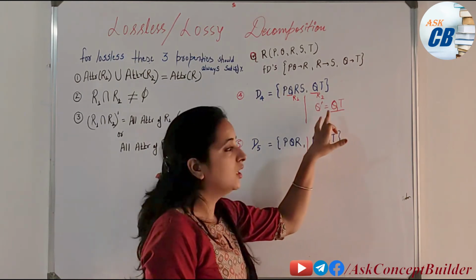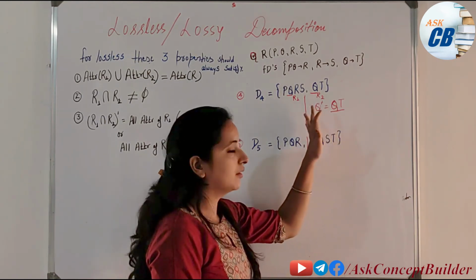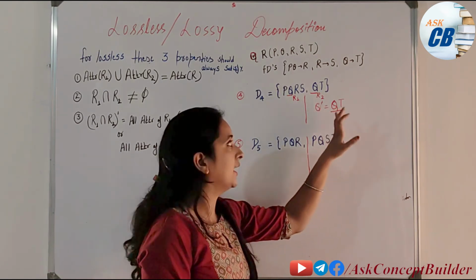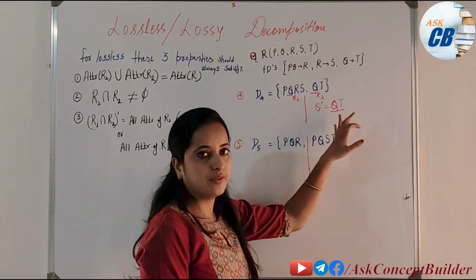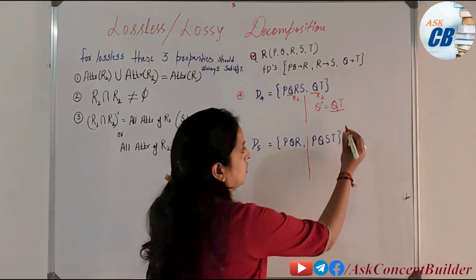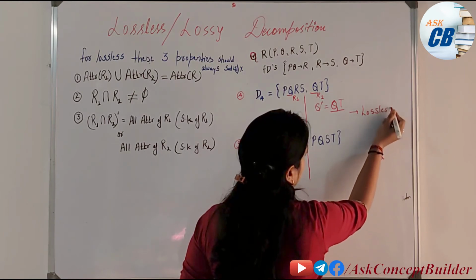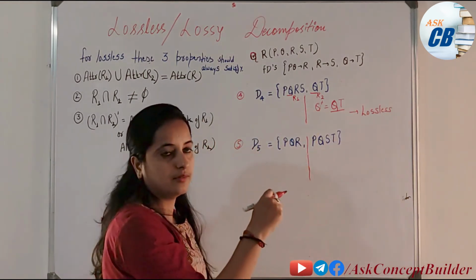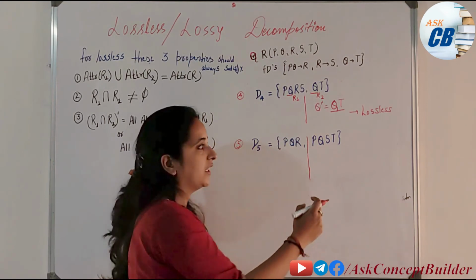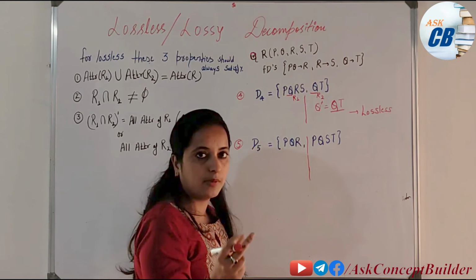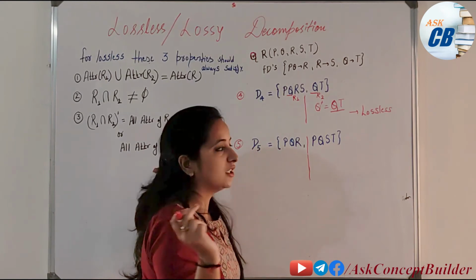of this relation R2. Now we have found that this common attribute is the super key for one of our relations, R2. Now we can say directly that this is our lossless decomposition. Okay, no need to find for this. We'll check here, but no need to check if we are getting it for one, because we need either. If the common attribute is a super key for any relation, then this is our lossless decomposition, but we will find